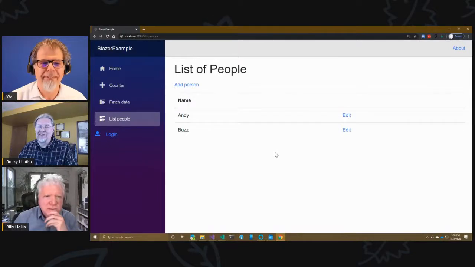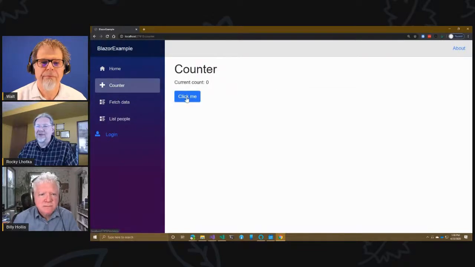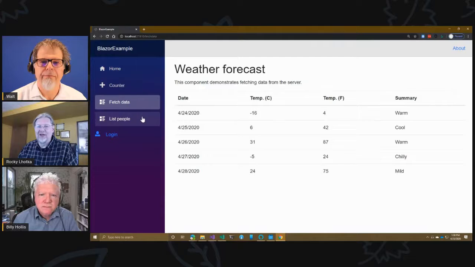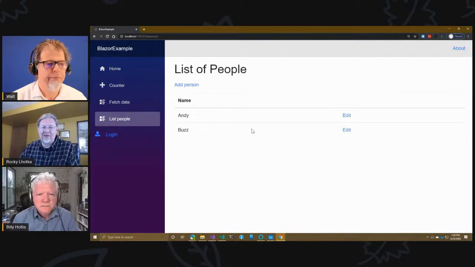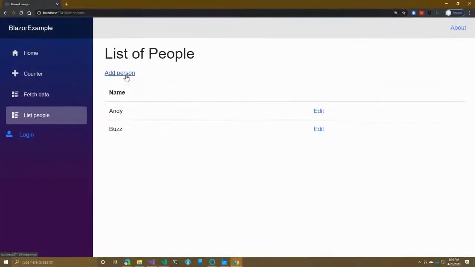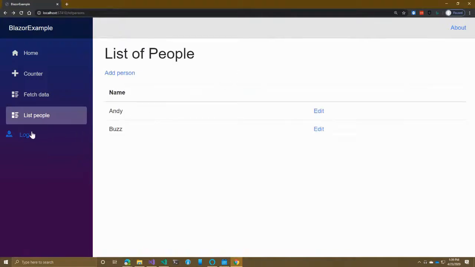But this is a Blazor example app that's in the samples folder from the CSLA framework, and much of it is the standard Blazor sample. But this list people page is actually talking to a backend using CSLA objects, and uses some features that I think are interesting from a Blazor UI perspective. So if I try to add a person, I'm not logged in, so it won't let me add or edit people. And if I log in,